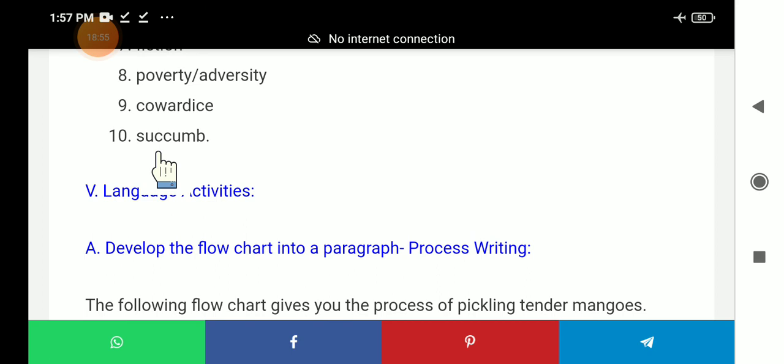Next we have language activities. These language activities are very simple, so you can read the whole language activities available in your textbook and understand what it is all about. Then on the next page comes grammar revisited. In grammar revisited you have countable and uncountable nouns. It is all about the noun, a part of speech, and we will discuss this in a recorded video. No issue, we will keep it for another video.